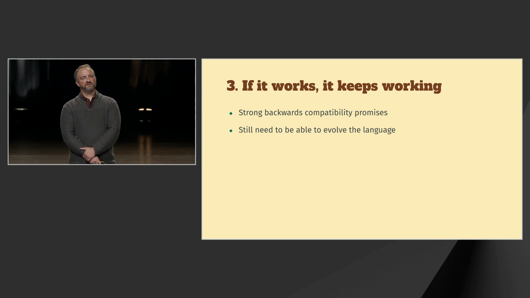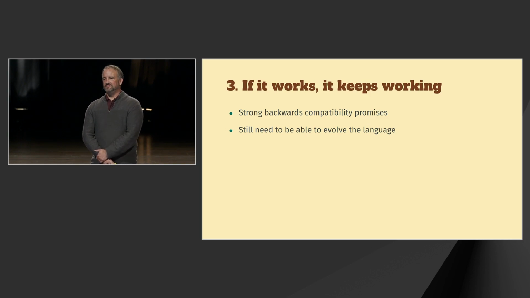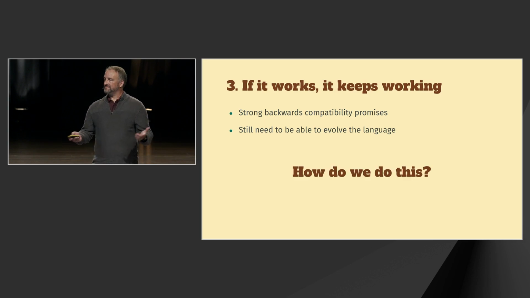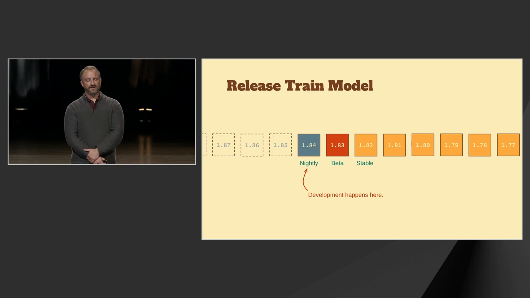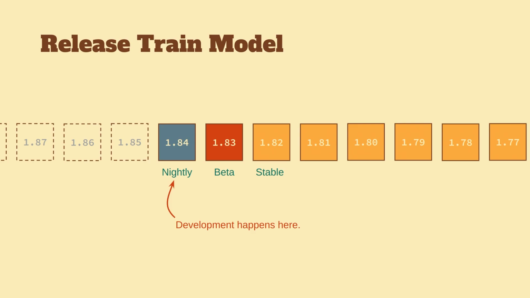But of course, we still want to evolve the language. Rust, even modern Rust, looks a lot different than 2015 Rust, and that's because we have this ability to evolve it. So how do we do this? Well, there's a few things that we use to make this happen. The first thing is this release train model. And I think Rust really borrowed this from the browsers. That makes sense coming out of Mozilla, where Firefox was shipping on a 6 weeks time schedule, and